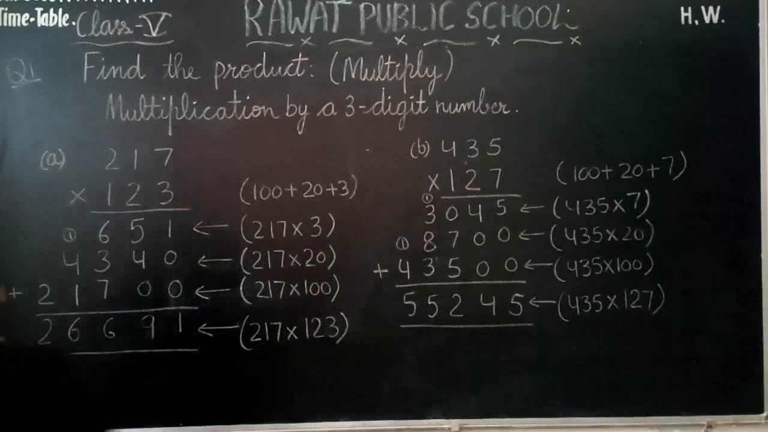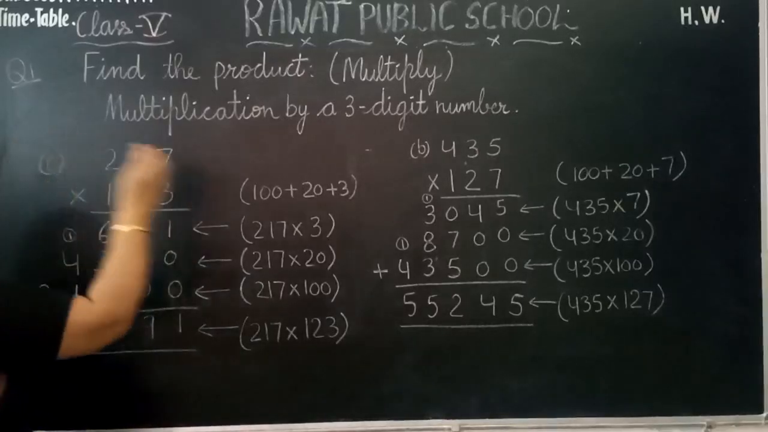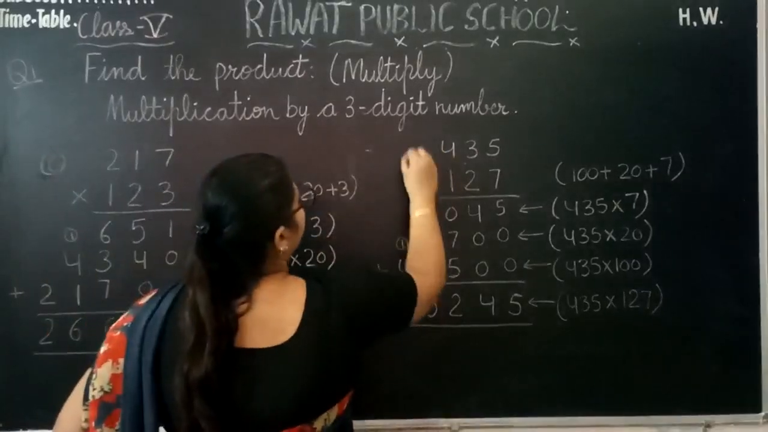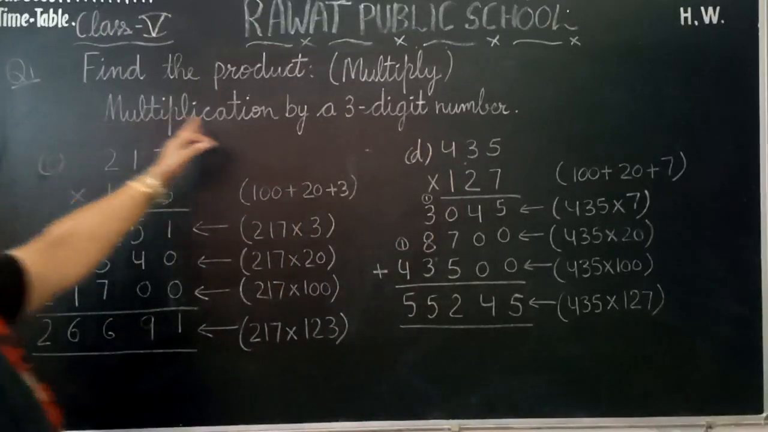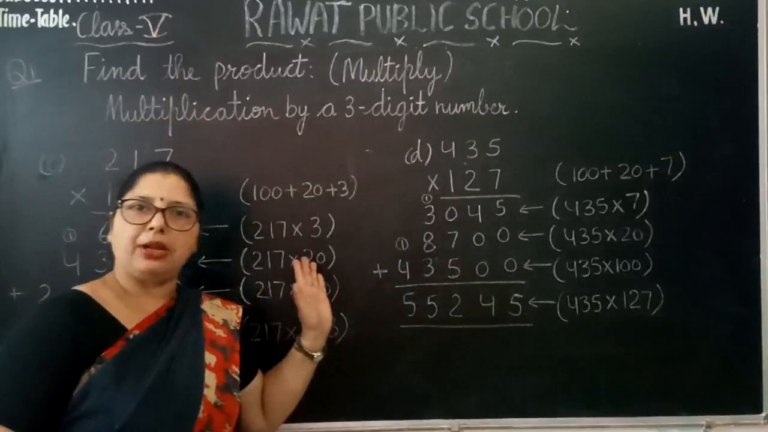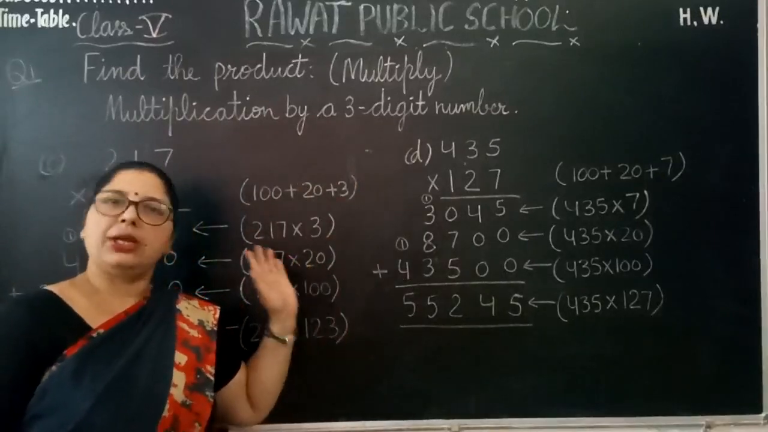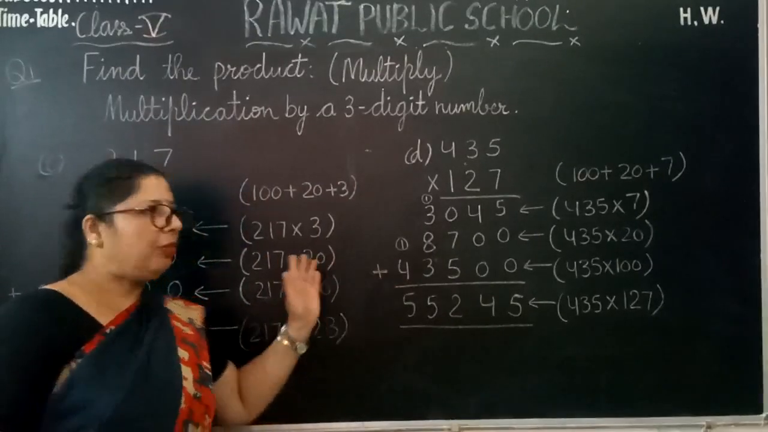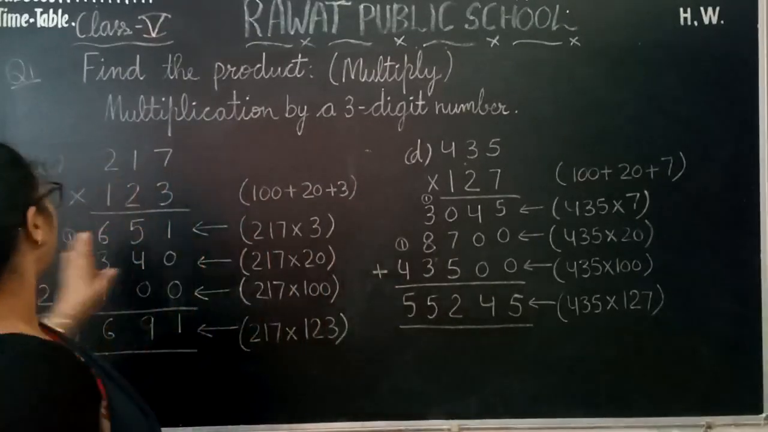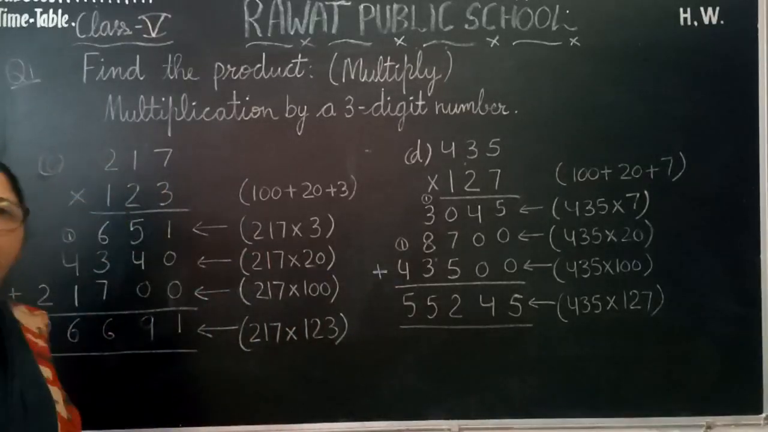Now students, next sum is sum number C. In this sum we multiply by 3-digit numbers. First we multiply by 2-digit numbers, then we multiply by 3-digit numbers. Sum number C is 217